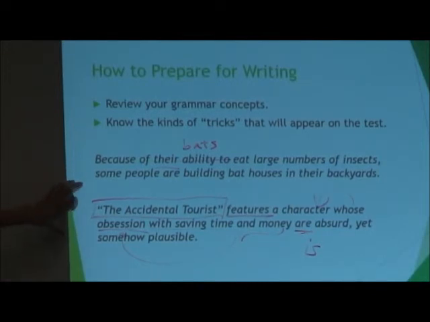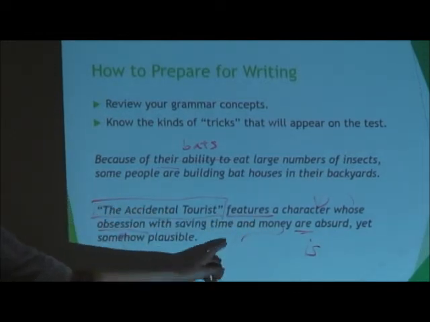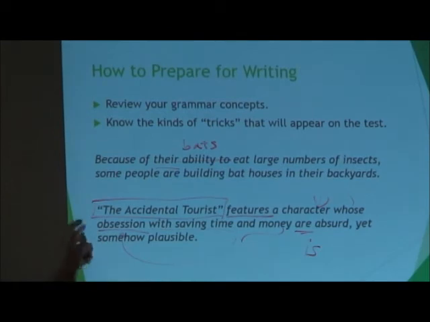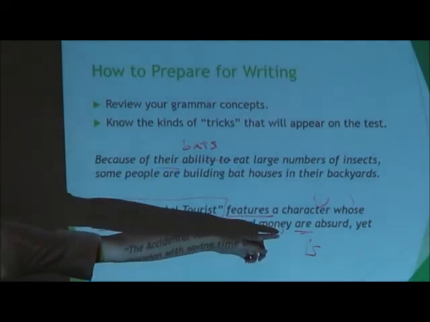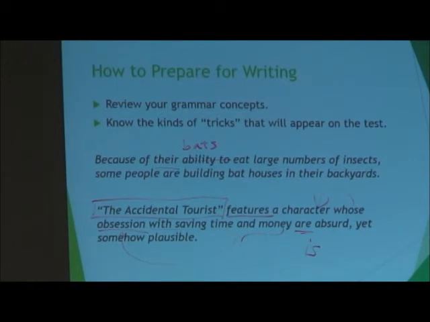So these are two very, very common errors that they tend to ask you to fix on the grammar section. One is pronoun antecedent agreement, and one is subject verb agreement. So basically anytime you see a verb, you're going to have to be like, is that the right one? And with subject verb agreement, they always try to trick you by putting something plural here. So it's always going to be something plural and then singular, or something plural on this side and then something singular "is." You can spot these errors if you know what the structure is, because the structure is the same all the time. And then you can get all of those questions correct.